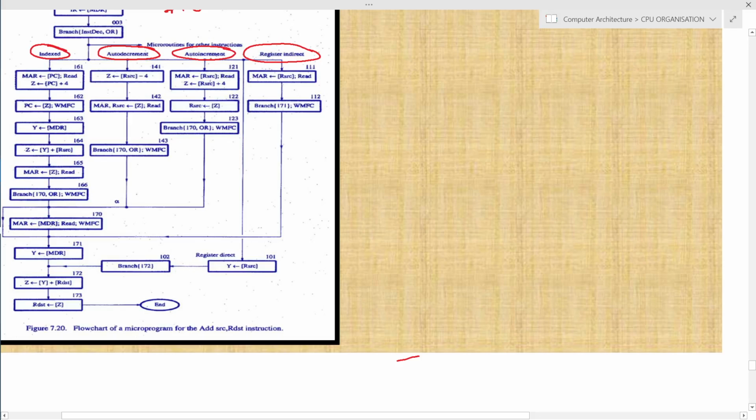This way it is complex, and at the same time, if you include or increase more addressing modes, then you have to update your control store. In this example, a particular instruction